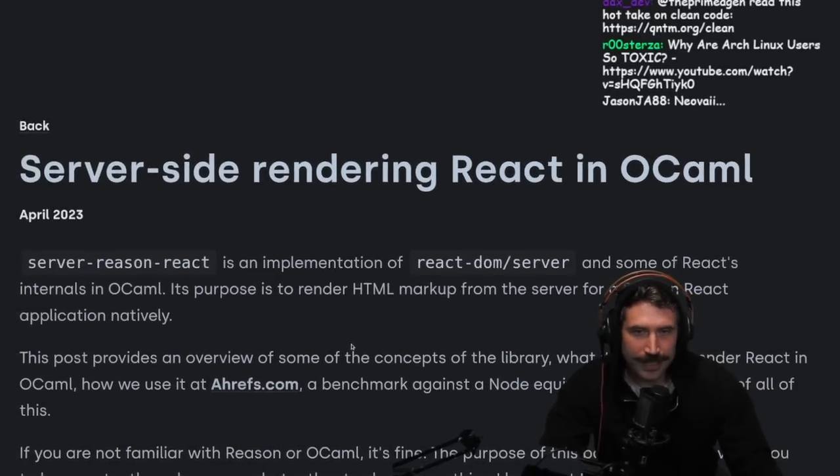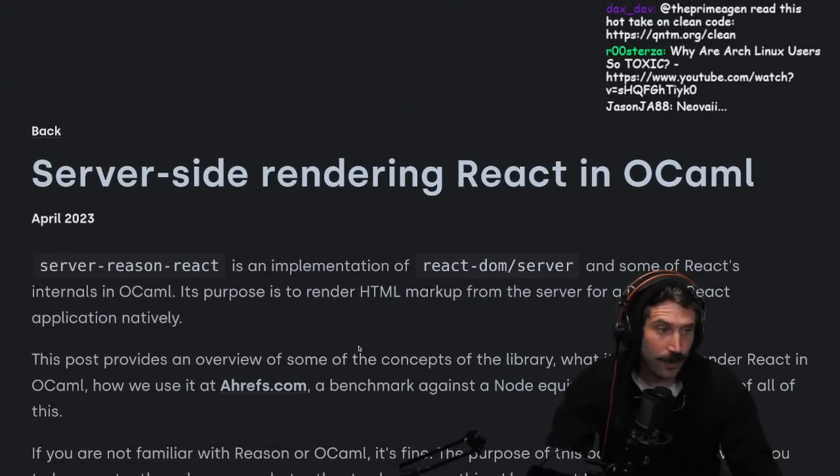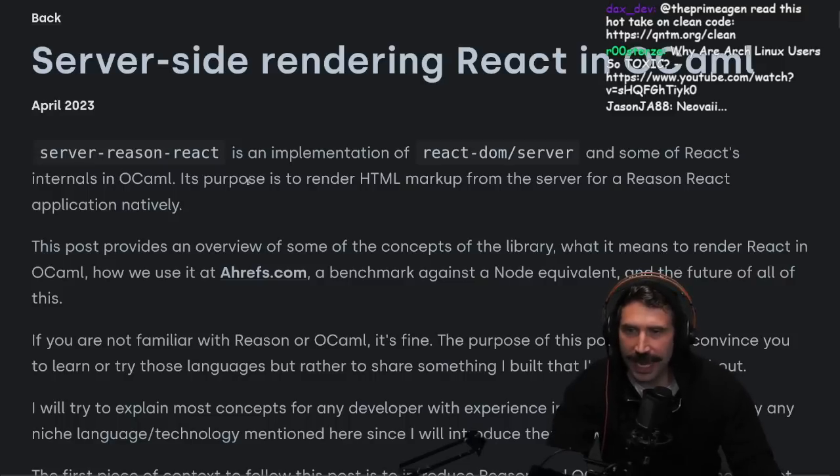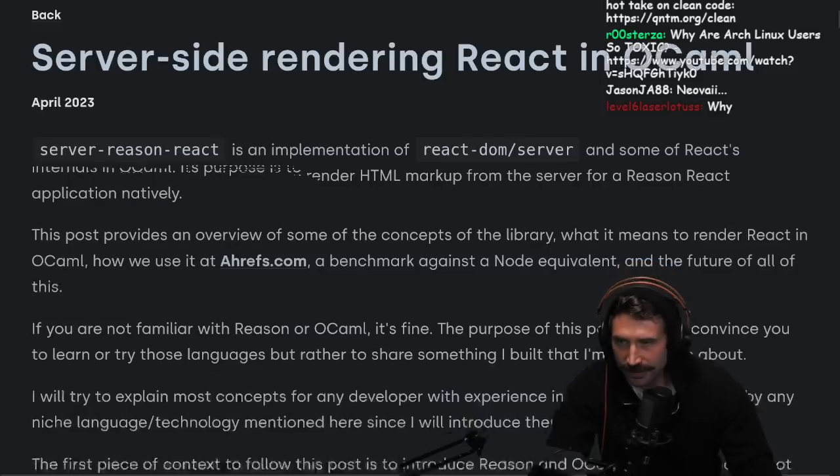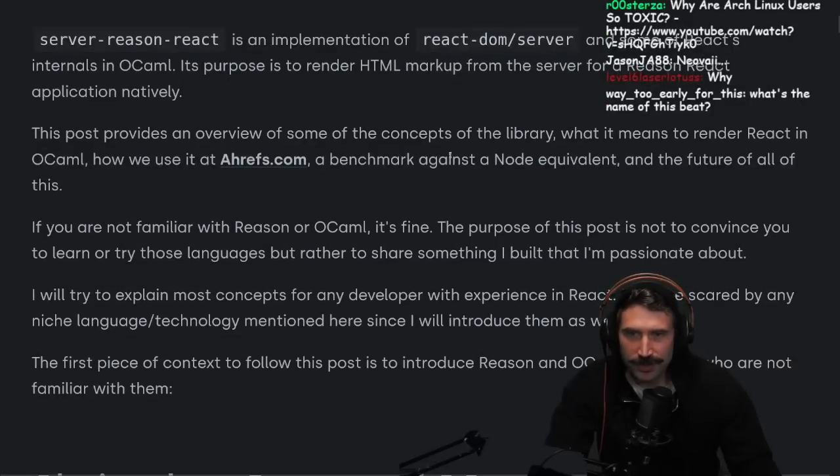Server-side rendering React in Ocaml. Server Reason React is an implementation of React DOM server and some of React's internals in Ocaml. Its purpose is to render HTML markup from the server for a Reason React application natively. This post provides an overview of some of the concepts of the library and what it means to render React